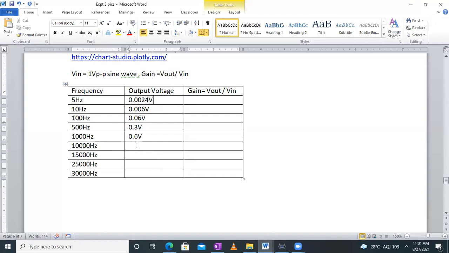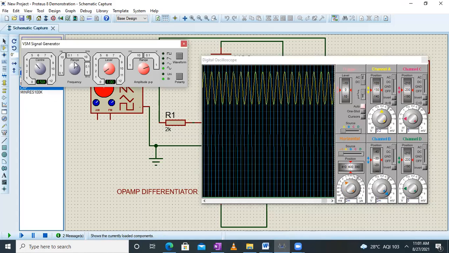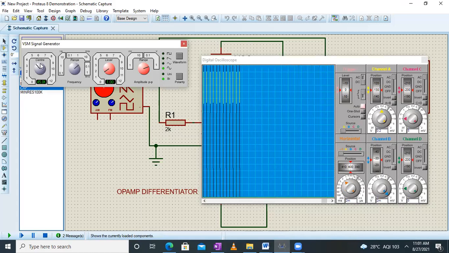And now let us go back to around 10 kilohertz. See that drastically this thing will change. Your time axis will change. So let us put it in a higher range. And now let us directly go to the 10 kilohertz range, and change the center point to around 1.